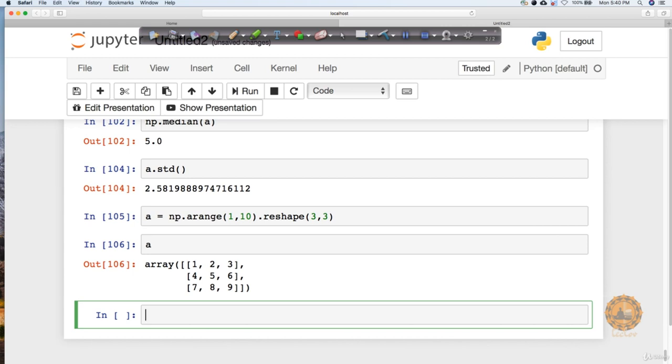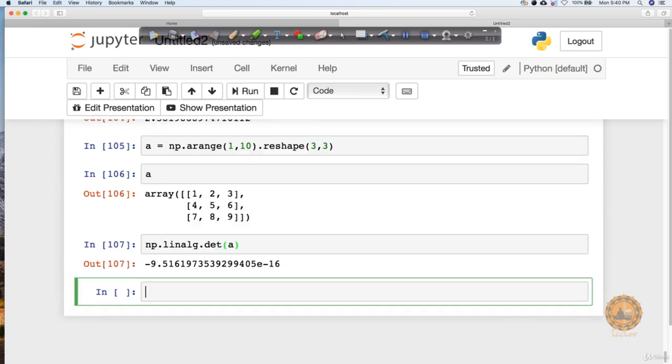So this is a matrix for which I want to calculate a determinant or inverse. Now these things are readily available if you use the linear algebra package. So if you say determinant of a, you can see that it's returning me this. Now if you don't know what a determinant or the inverse of a matrix is, please follow the algebra section, where I have explained in detail what all this is.